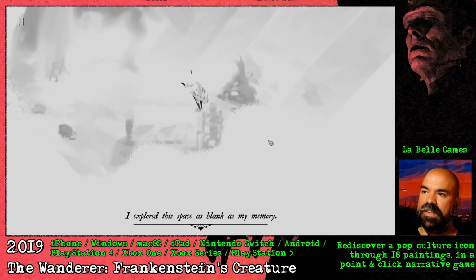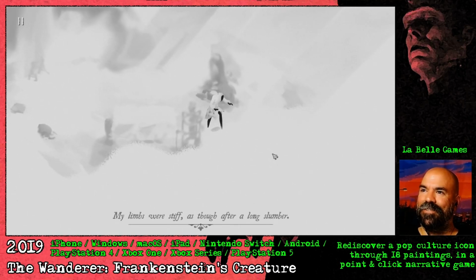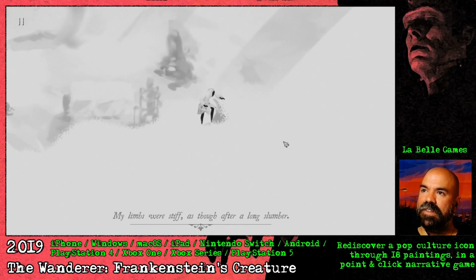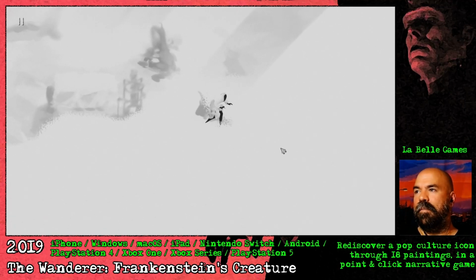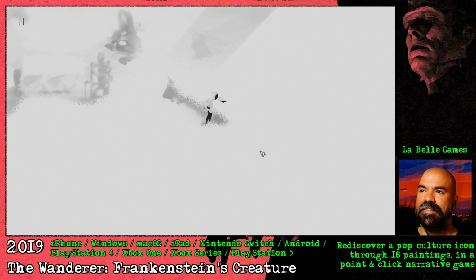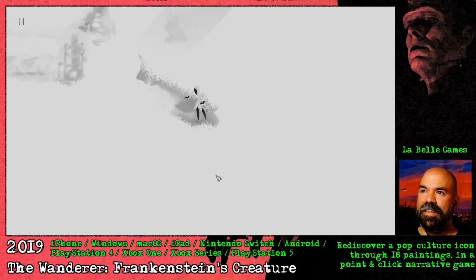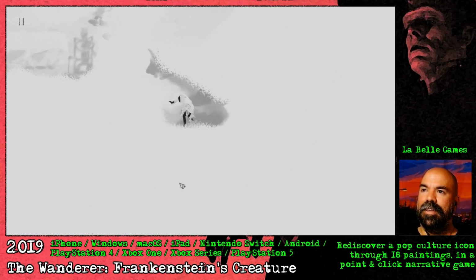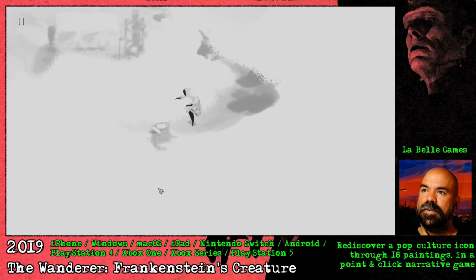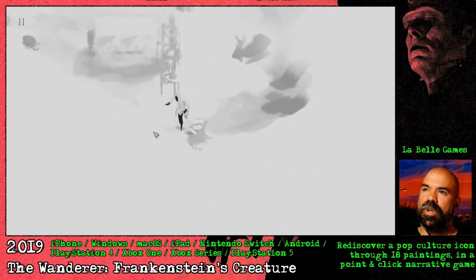I explore this space as blank as my memory. Yeah, maybe I should have read those first few lines so I could know where we are. My limbs were stiff as though after a long slumber. I mean, if I was to guess, I would guess we're in the North Pole, because that is where the book ends. So I would guess it's the creature, in the North Pole. He's woken up. Yeah, not super clear where...